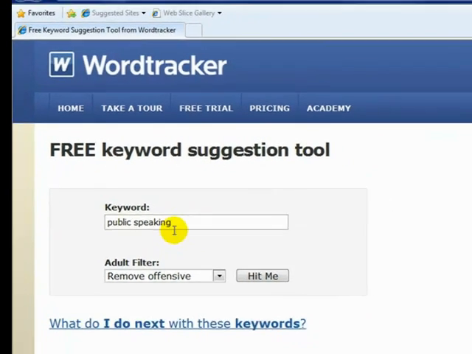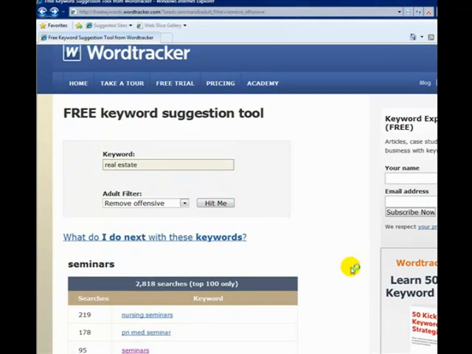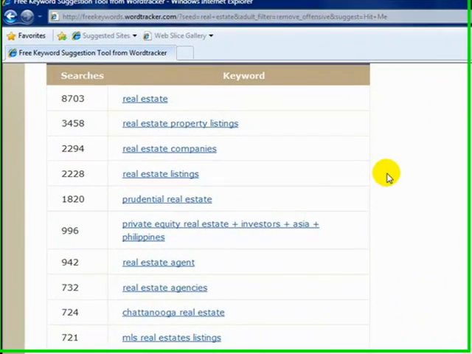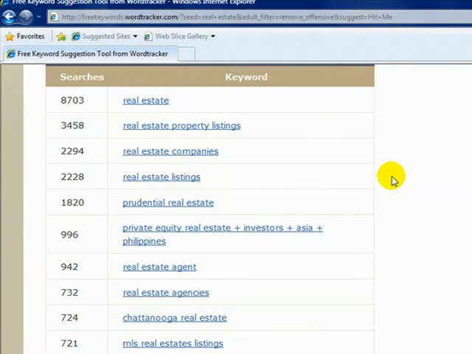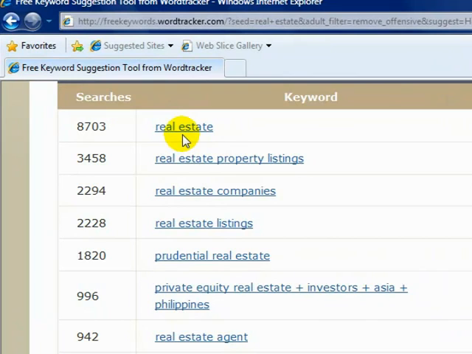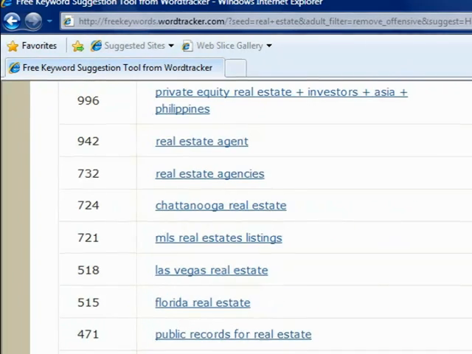Let's look at another one. Let's put in the keyword real estate and look at these totals. There are a lot more searches for real estate, so it's important that you niche and find the proper keyword and keyword extensions that people are looking for with something like real estate. You don't want to get lost just putting the word real estate in every title of your video and article, because you're going to be mixed in with all this competition, almost 9,000 entries a day just for the word real estate in Google. So you definitely want to utilize some of these other ones: public records,